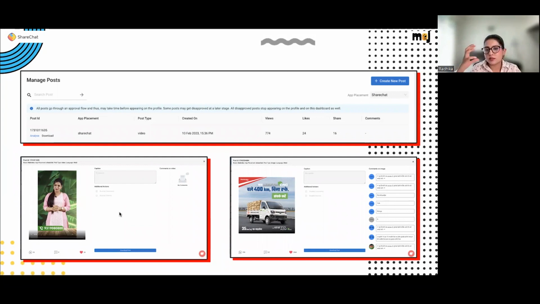Of course, with the metrics, you're not just able to analyze, you're able to view the actual comments that the audience has made on these posts as well, and you're able to download the media asset as well.